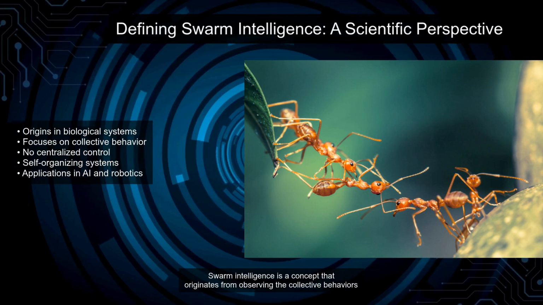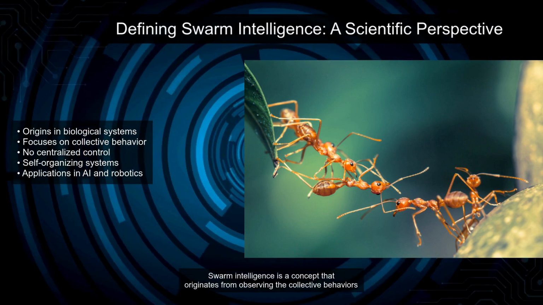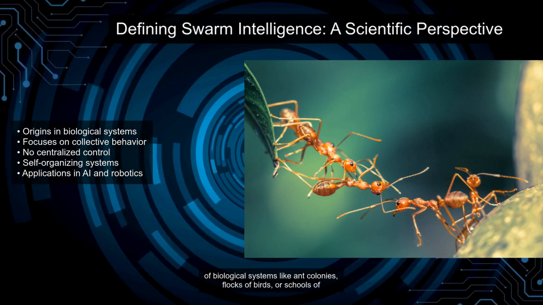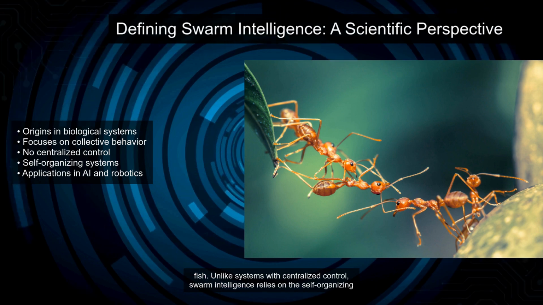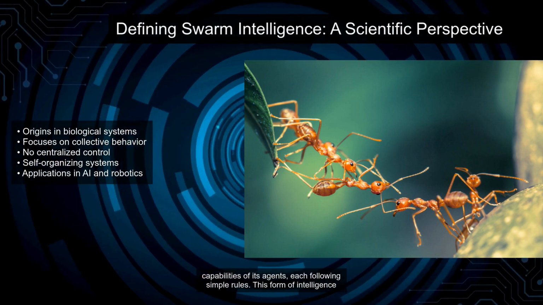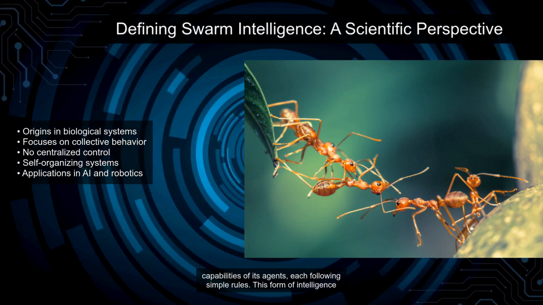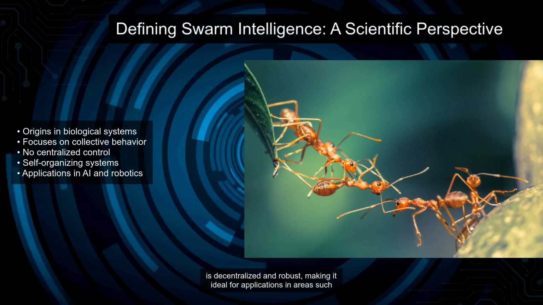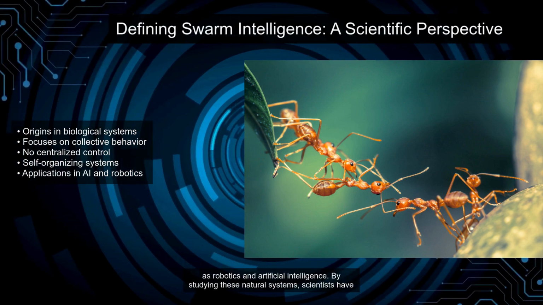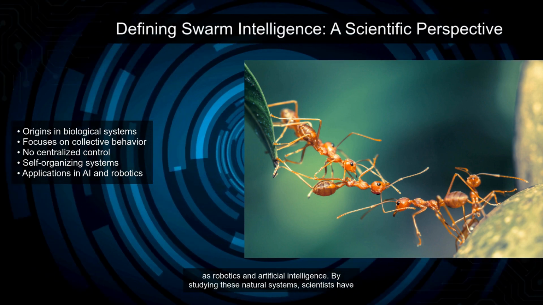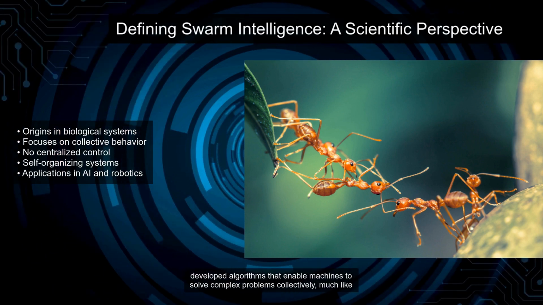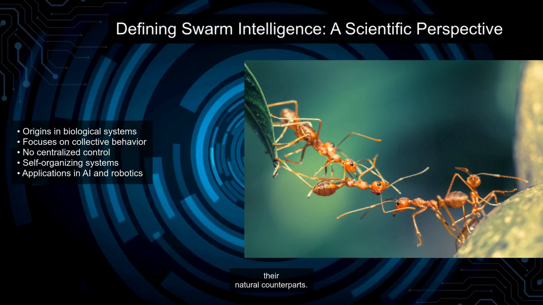Swarm intelligence is a concept that originates from observing the collective behaviors of biological systems like ant colonies, flocks of birds, or schools of fish. Unlike systems with centralized control, swarm intelligence relies on the self-organizing capabilities of its agents, each following simple rules. This form of intelligence is decentralized and robust, making it ideal for applications in areas such as robotics and artificial intelligence. By studying these natural systems, scientists have developed algorithms that enable machines to solve complex problems collectively, much like